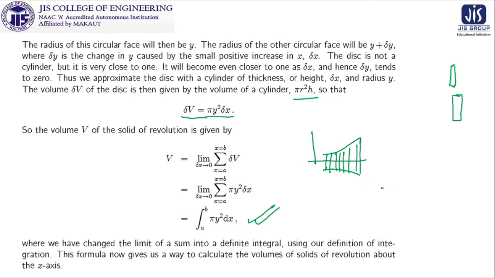is that if we have a curve and we want to generate the volume of revolution of this particular curve with respect to the x-axis, and the initial point and the final point are also given to us, then the volume generated by this revolution will be the integral from a to b of pi y square dx, where y is equal to f(x), the curve by which we are doing the revolution, and we get the solid.